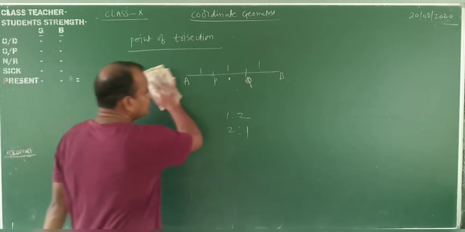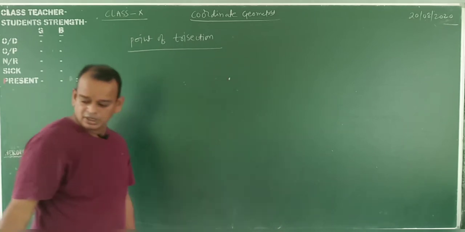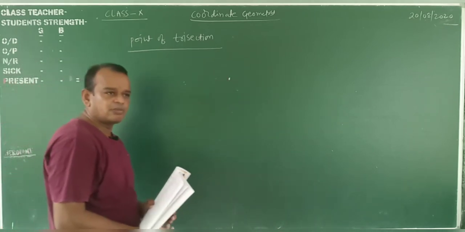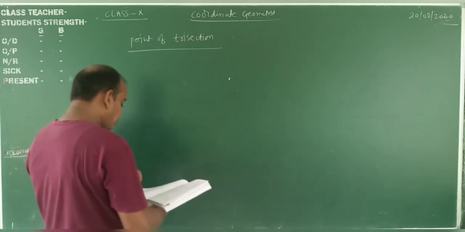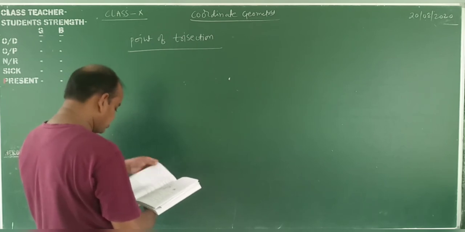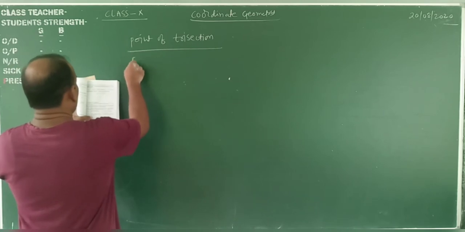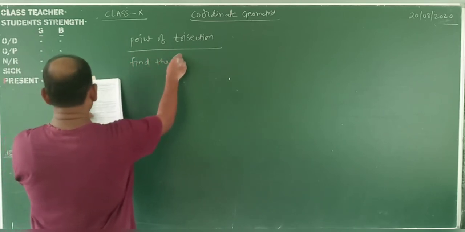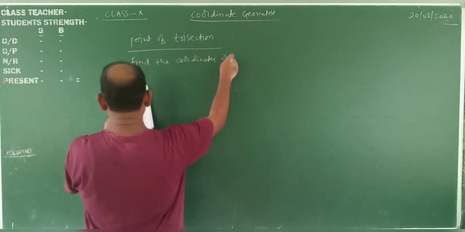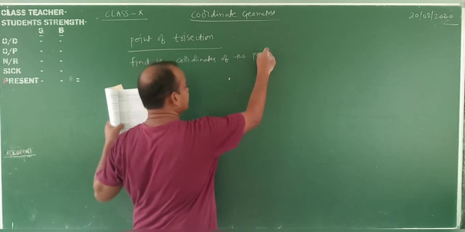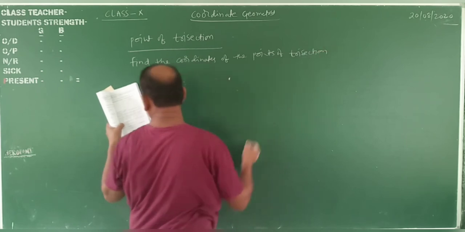Point of trisection means the point P divides the line segment AB in the ratio 1:2, and the other point Q divides the line segment in the ratio 2:1; then the points P, Q are said to be the points of trisection. Okay, my dear students. Now we are going to find the coordinates. Coordinates means x comma y. Find the coordinates of the points of trisection